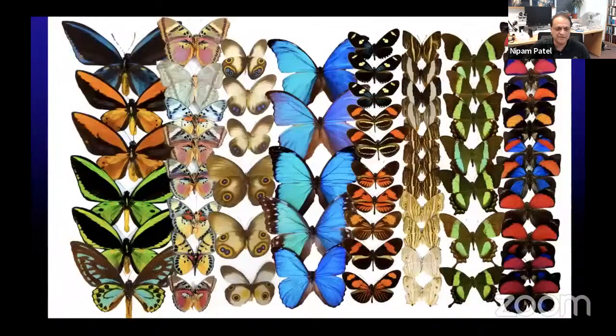So I think we'll all agree that butterflies are a fairly charismatic group of organisms. And this is a photo from part of my collection. And in all honesty, I have to admit, part of the reason I work on butterflies is I started collecting them when I was 8 years old and have amassed quite a large butterfly collection. So I always felt I also should actually use them in my science as well.